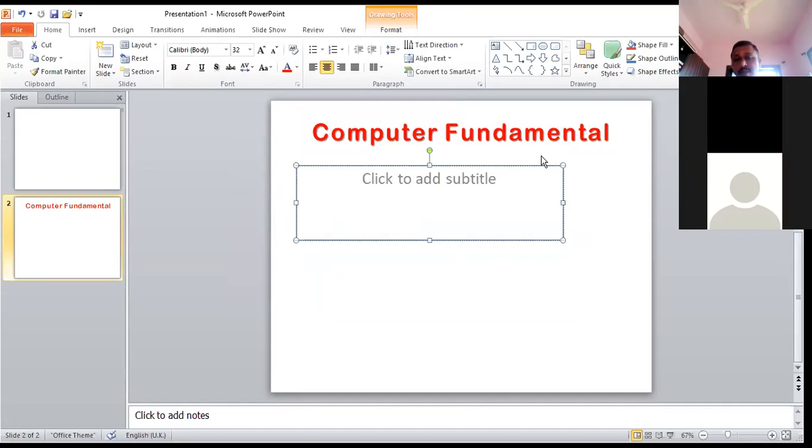And around this text box, the sizing handle pointers are there. You can see that there are four corners and four sides, and the circle handle is also used to resize your text box. And this box is also given there.